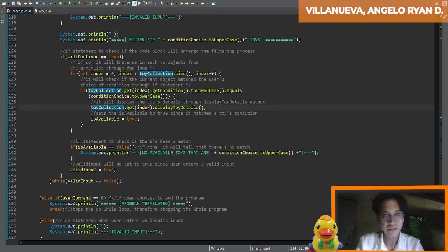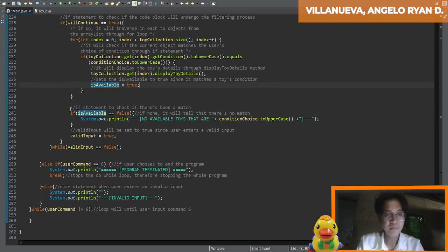After that, if it satisfies the condition, it will display the current toy object's details in the console. Then the is available variable will be set to true since there has been a match.